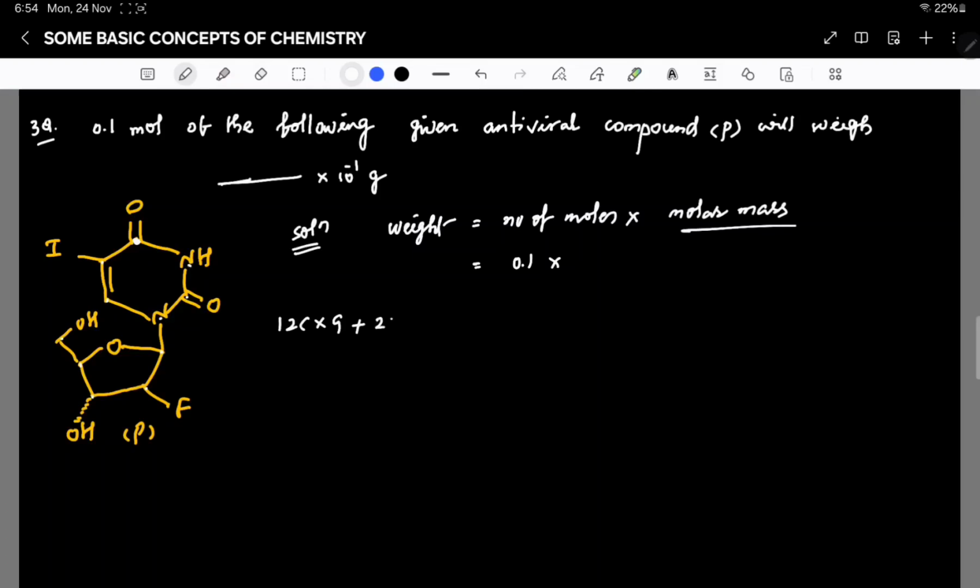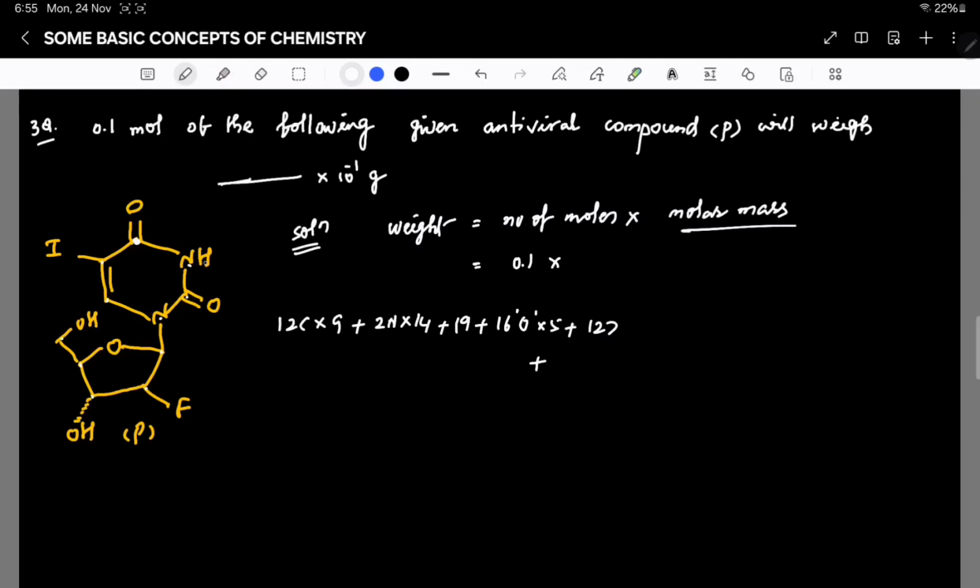So 2 nitrogen atoms into 14, plus 1 fluorine atom, that is 19, plus oxygen atoms, you can check, 1, 2, 3, 4, 5. So 16 into 5, plus the remaining will be 127 iodine, plus the number of hydrogen we will count,